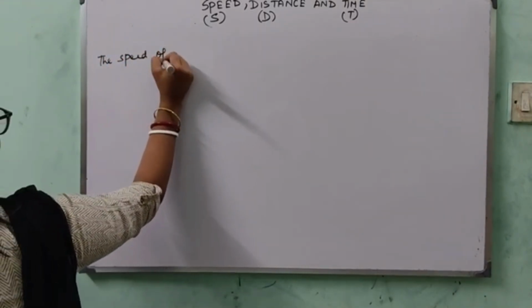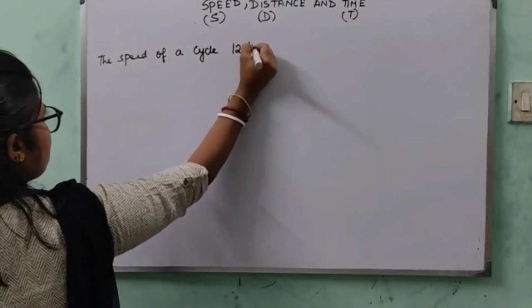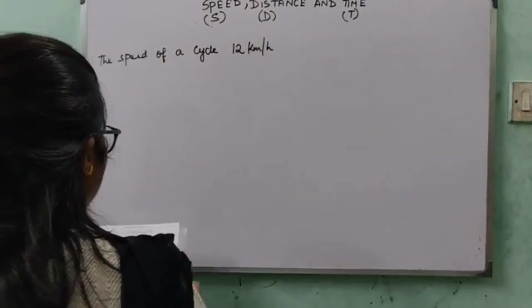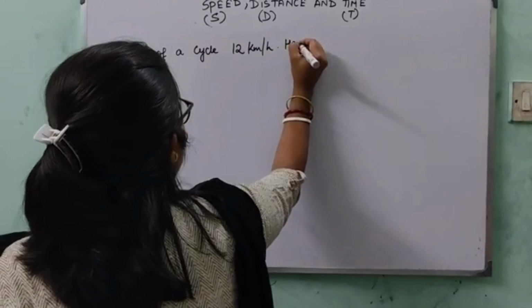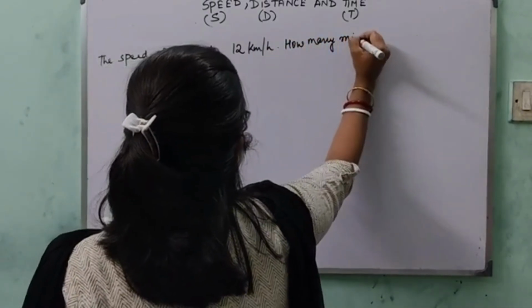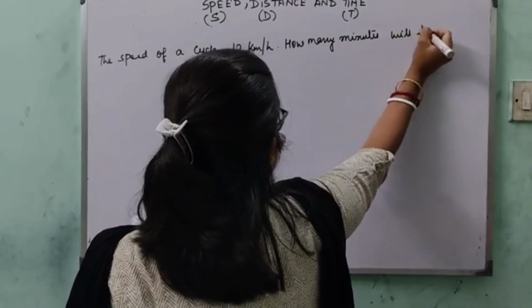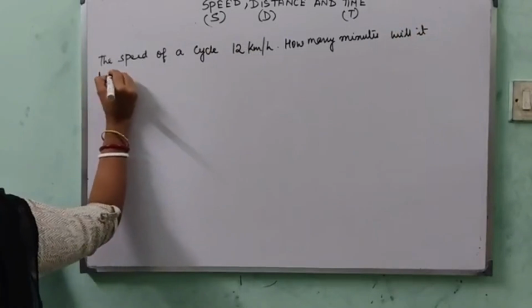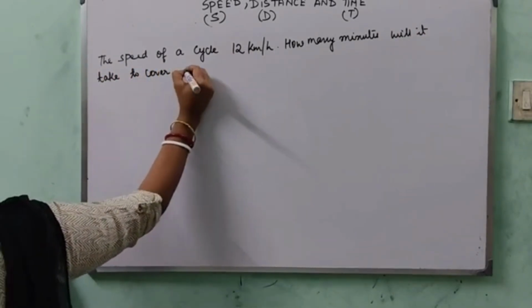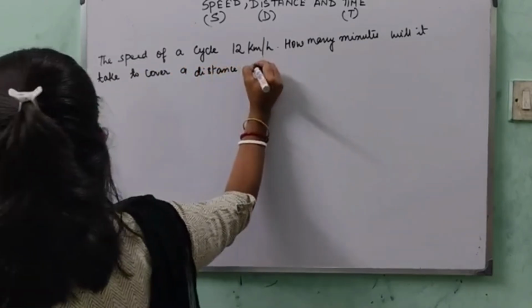Next sum. The speed of a cycle is 12 km per hour. How many minutes will it take to cover a distance of